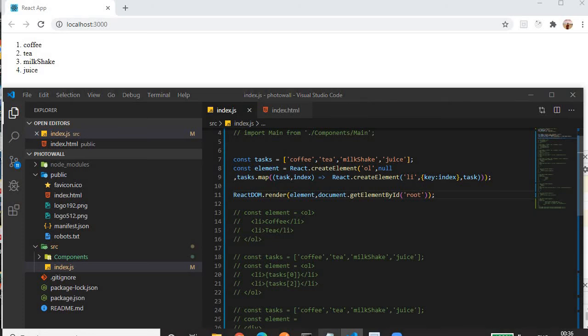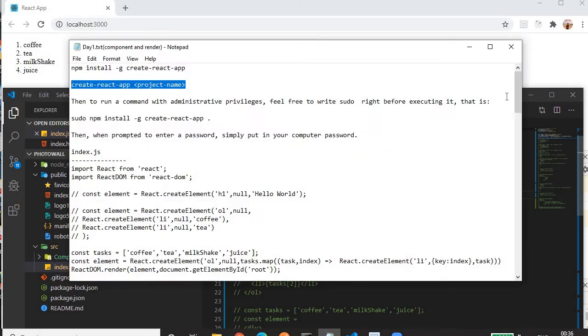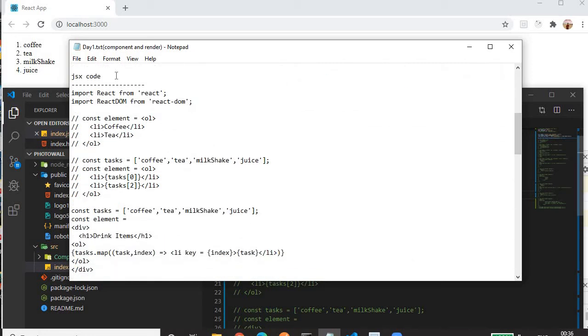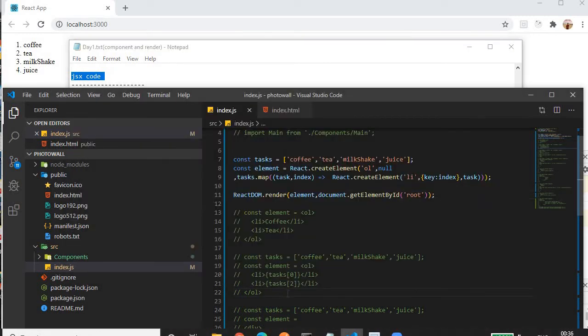Let me scroll down. So this is a JSX code. This is how it reduces the number of lines of code that we have to write. For JSX we'll uncomment this code, then we want this ReactDOM.render below here.